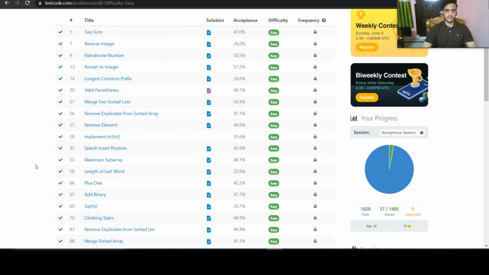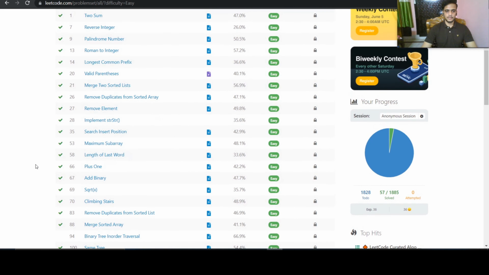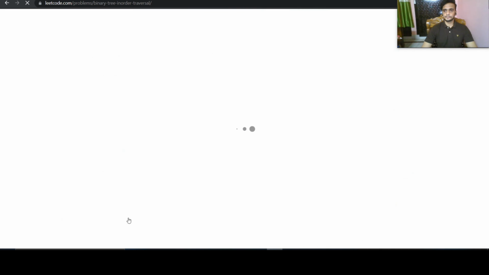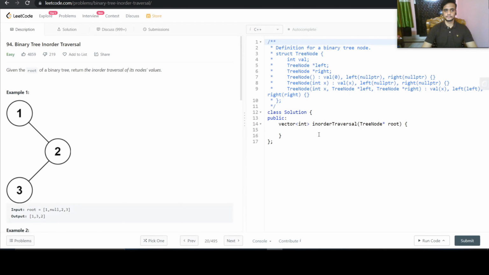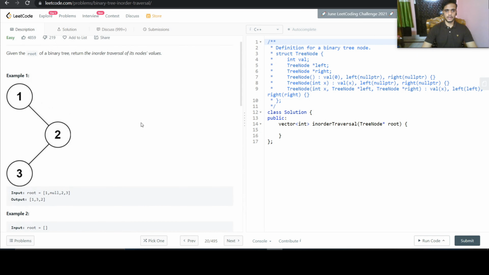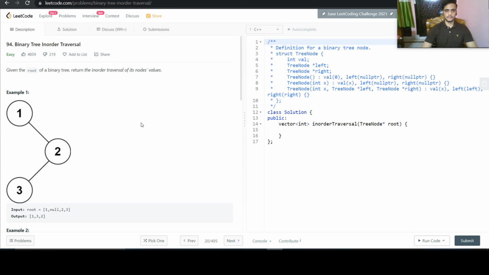So today is day 20 of solving LeetCode easy section problems, and today's problem is Binary Tree Inorder Traversal. So let us go to the problem statement. We are given a root of a binary tree and we need to return the inorder traversal of its nodes' values. So if you are wondering what is inorder traversal, preorder traversal or postorder traversal, then I'll